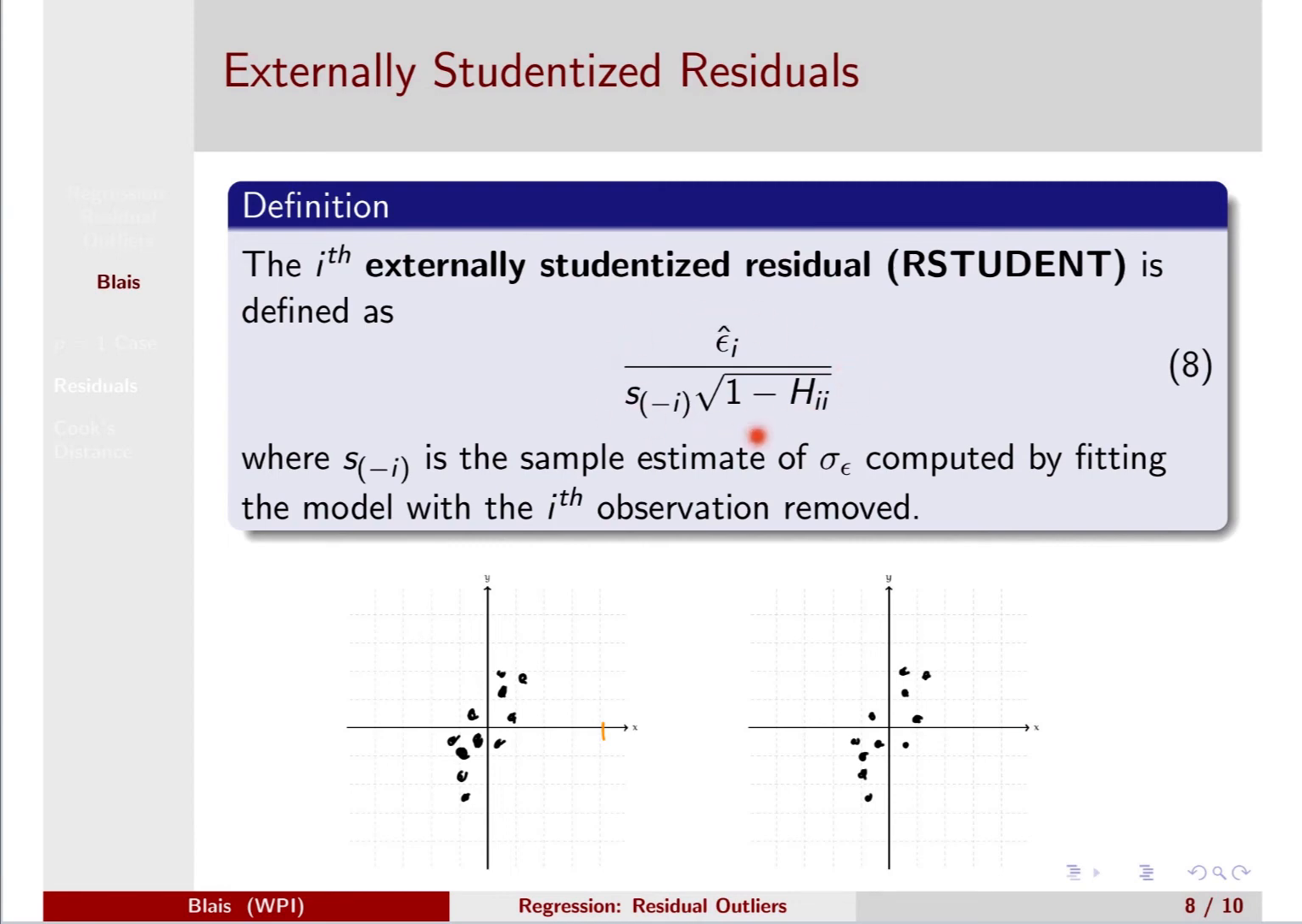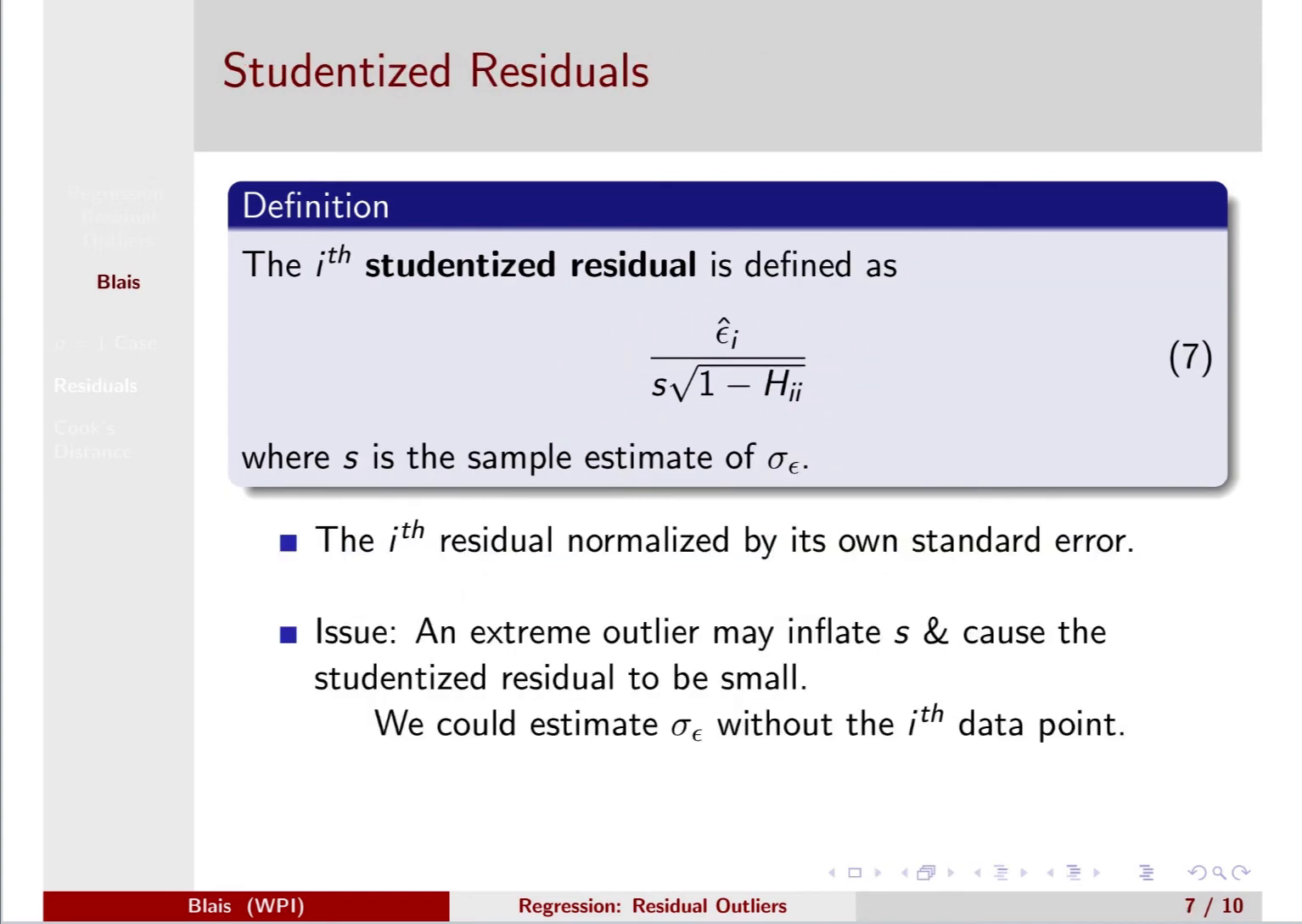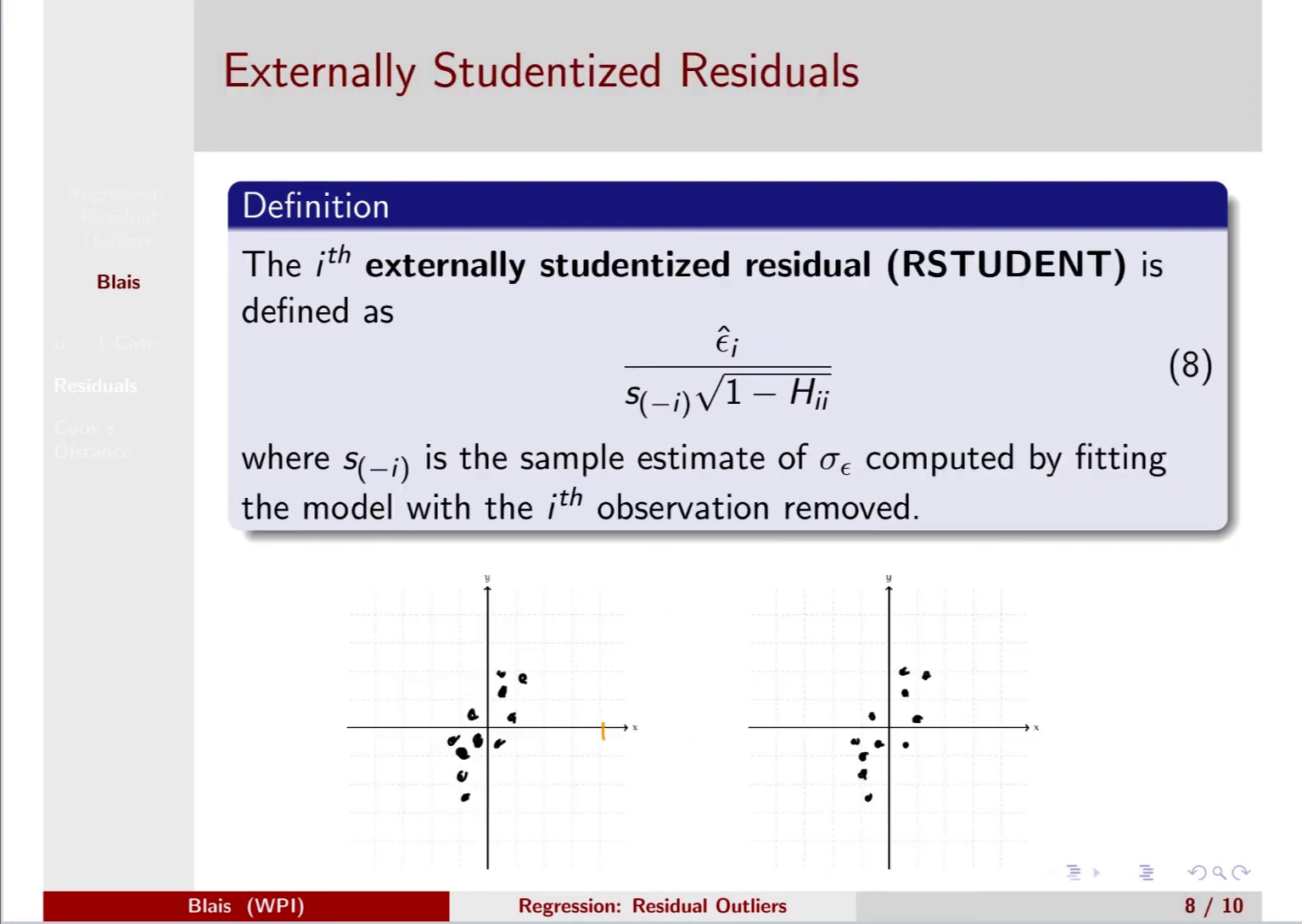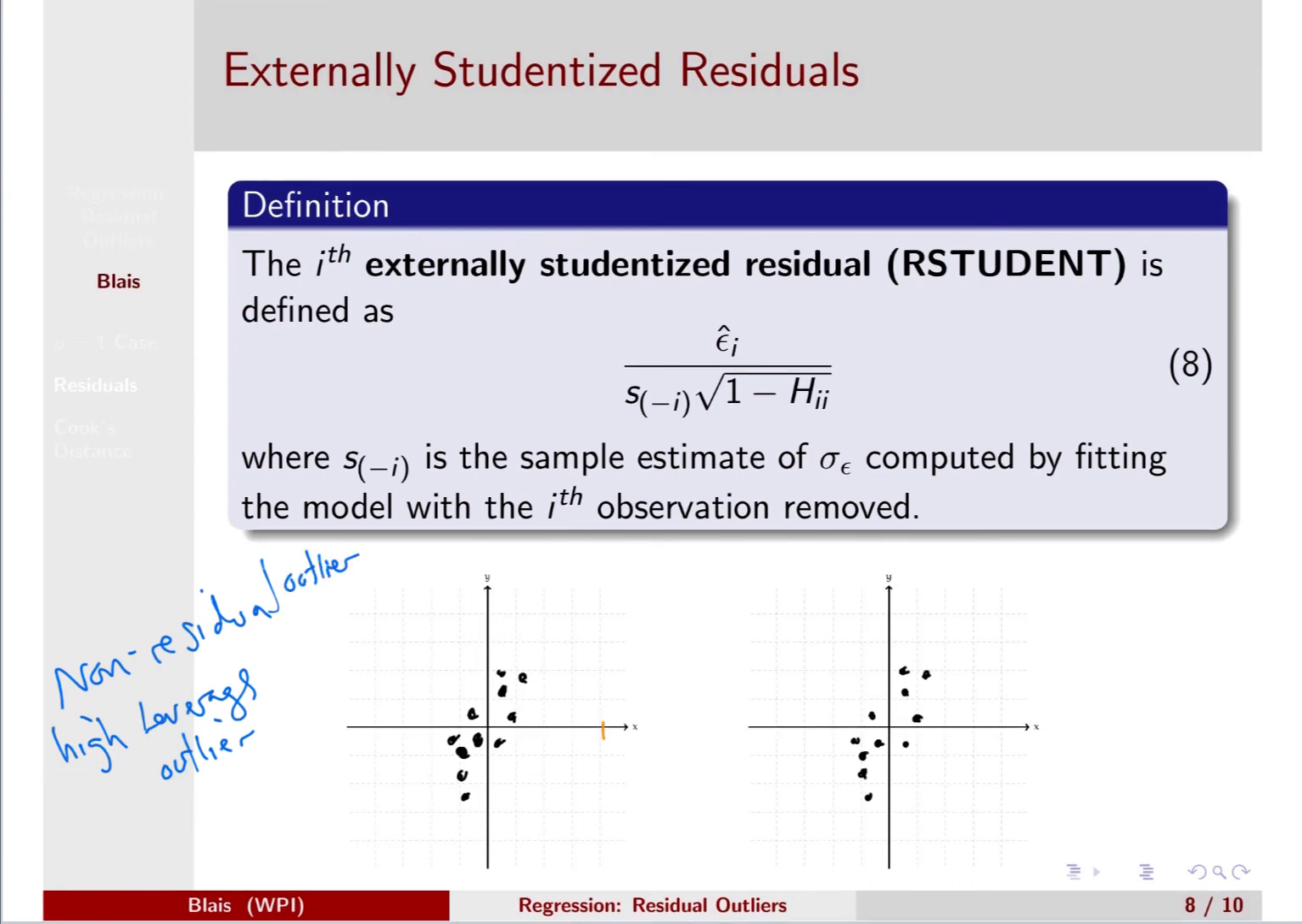And also notice that this externally studentized residual is the same formula as what we had in the studentized residual, except we replace that s with the s sub minus i. So first, in our non-residual outlier case, our non-residual but high leverage outlier, we have a point that looks something like this. And our regression line